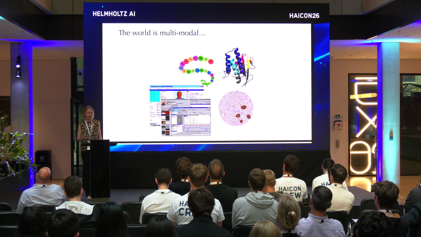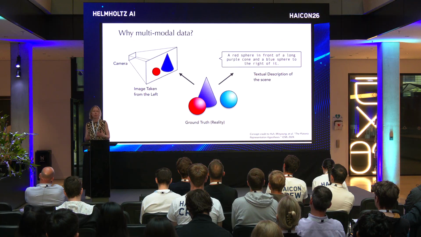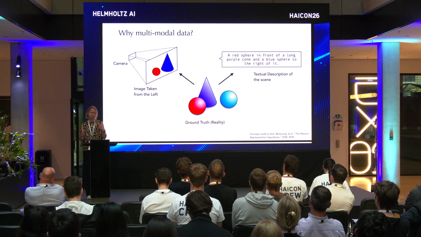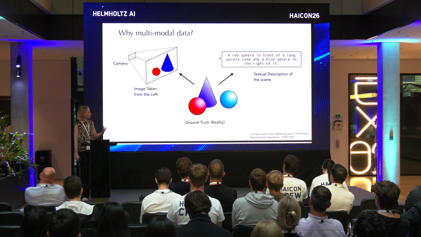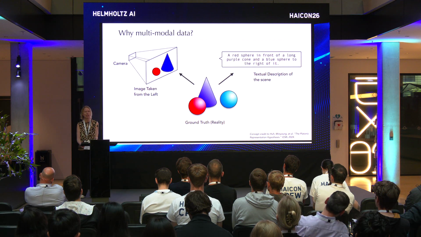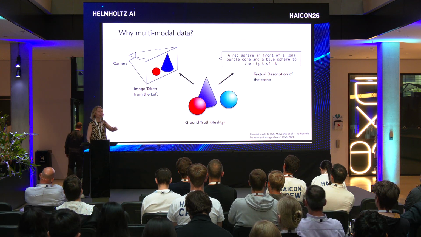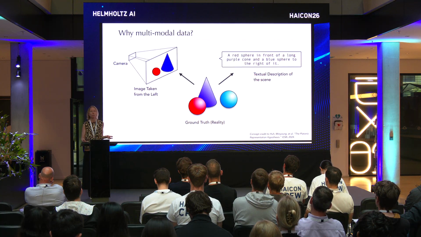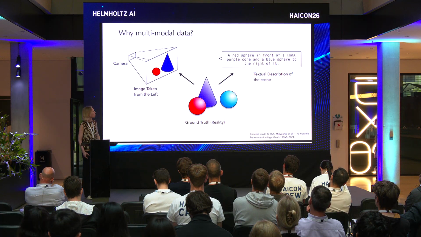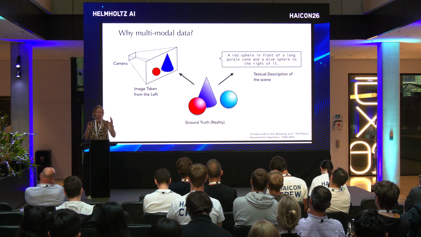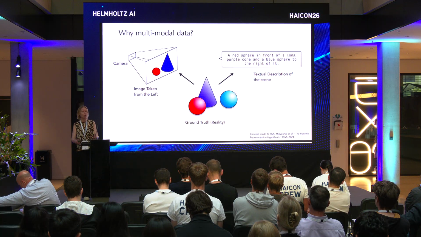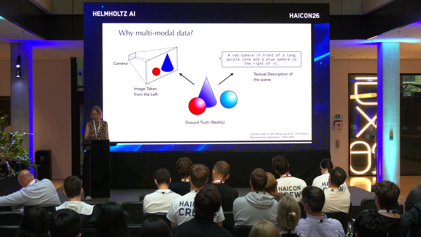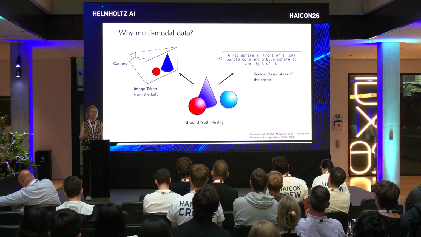So we have multimodality everywhere, but one thing I want to think about is, why is it useful? Why is it useful to do this, from a machine learning perspective? So one way to view this is that we have some ground truth reality. You have the patient or you have this scene, and different modalities essentially are different views of the same thing. So you may have the computer vision, the image that is taken, it sees the cone and the red circle, or you have a text describing that scene, which may actually mention some aspects that are not visible in the scene. So there are multiple aspects to that.